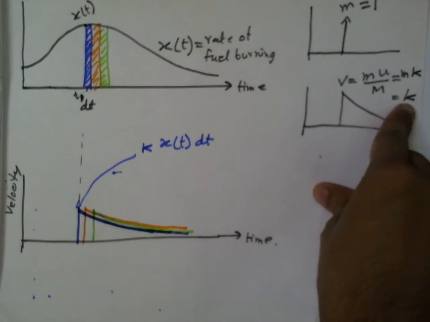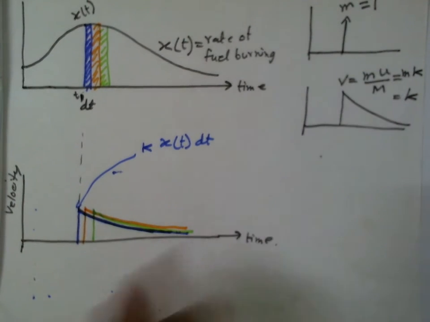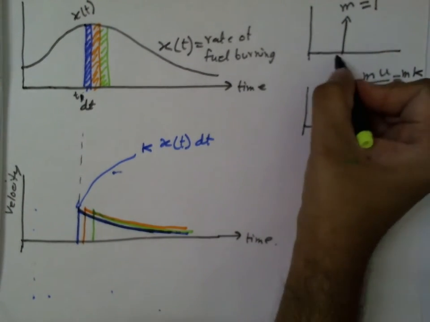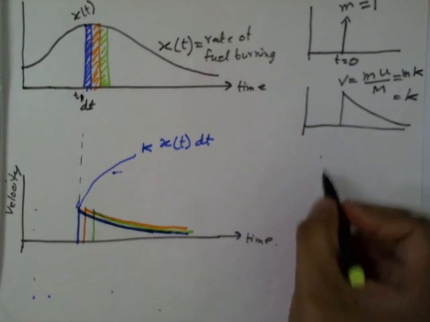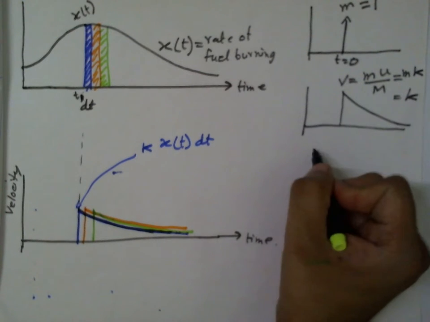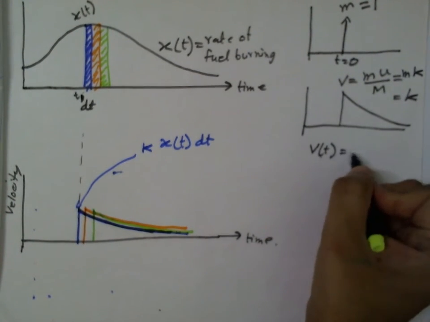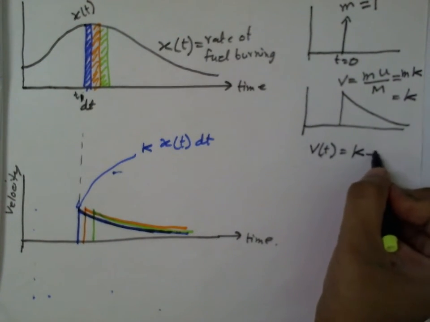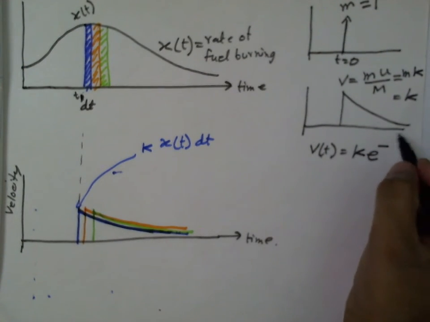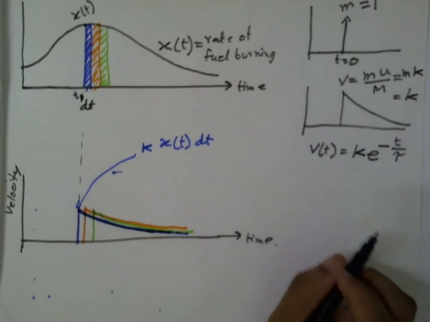The starting value is k, and then it goes down exponentially. If this is t equal to 0, then at t equal to 0 the value is k. So V(t) is equal to k e to the power minus t by tau,